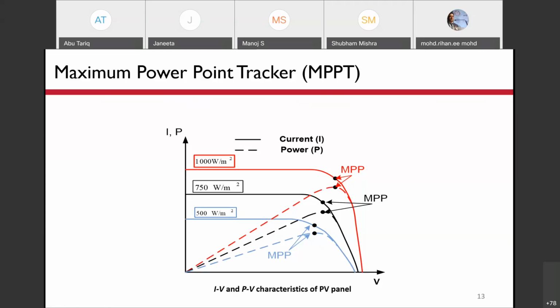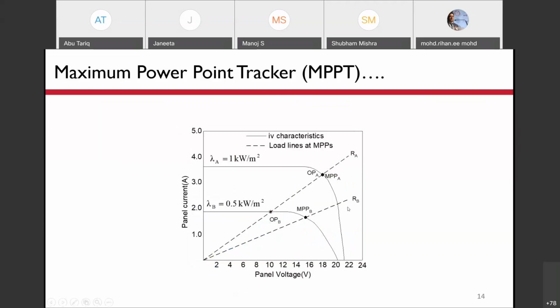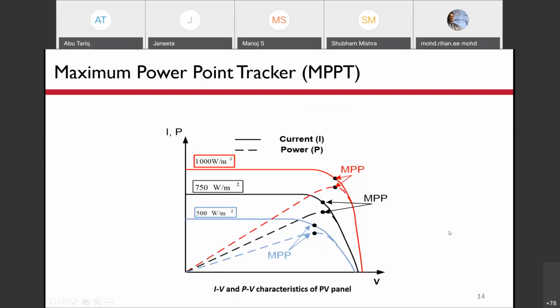So this point is called the open circuit point. At the short circuit point, as the voltage is zero, the product of voltage and current is zero, so power is zero. Similarly, at the open circuit point, current is zero, although voltage is present, so the power is zero. In both cases, power is equal to zero.